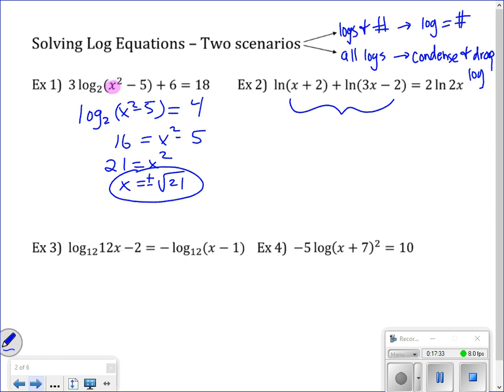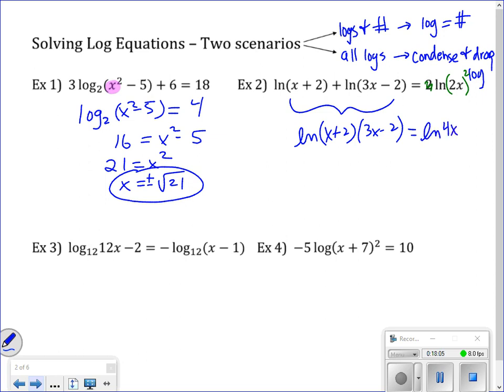So pretty much you don't usually want to expand logs. Usually what you do is you have a bunch of logs and you put them together when you're solving equations. So I have that this is ln of (x plus 2) times (3x minus 2). So you might have done this last year, but your problems didn't turn this difficult. So over here, what can I do with that 2 in front? As an exponent, right? He's an exponent up here on this 2x, right? So now it's going to be ln of